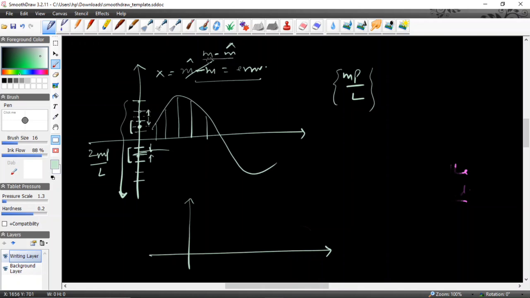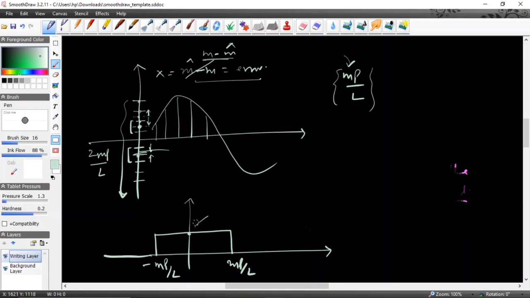If m is greater than m hat, then it is a positive error, and that positive can be MP by L. If m is less than m hat, then this error will become negative, and the negative value will be minus MP by L. So this error signal can take any value between MP by L and minus MP by L. So it will have a uniform PDF from MP over L to minus MP over L,